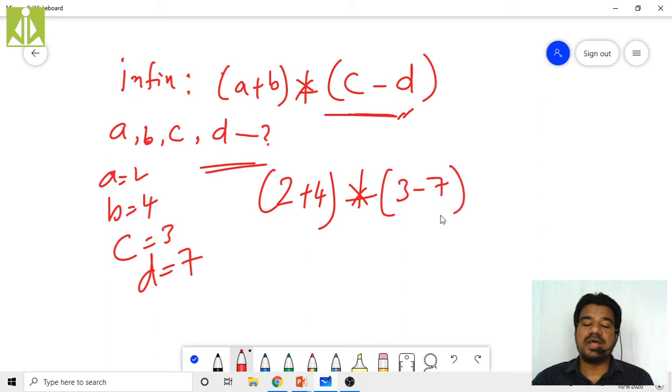Now this expression we can evaluate and get the final value. So whenever we are going for postfix expression evaluation, we have to remember that we need numerical values, but not the operands or variables. Hope you understood this.